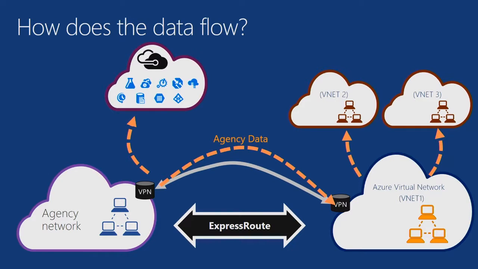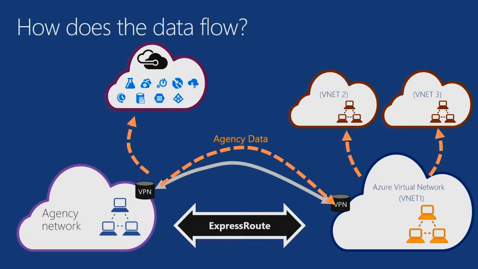So it's helpful to know, for an agency that does have ExpressRoute, what those look like. An example of that is how the data flows from the agency network, down in the lower left, over the ExpressRoute to, let's say, a centralized subscription that handles the ExpressRoute connection, and then you can route between multiple VNets within that for the data. But when you think about the PaaS services, do you come all the way back down the ExpressRoute and go out to the PaaS service? Or in some cases, might you whitelist a direct path from your VNet out to the PaaS services?